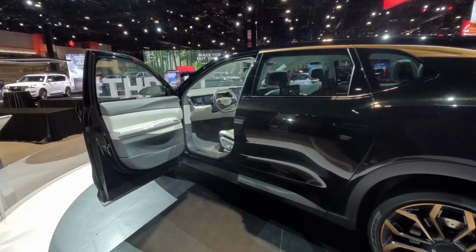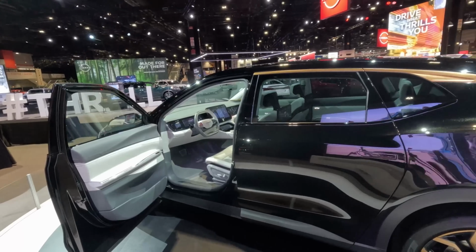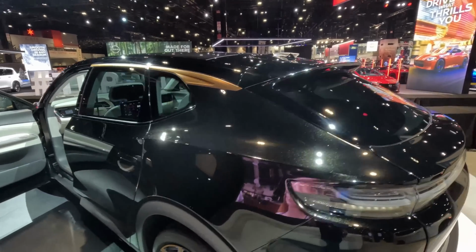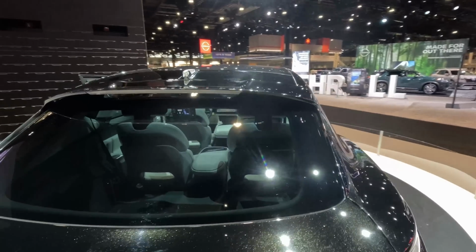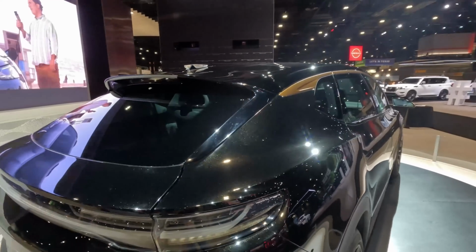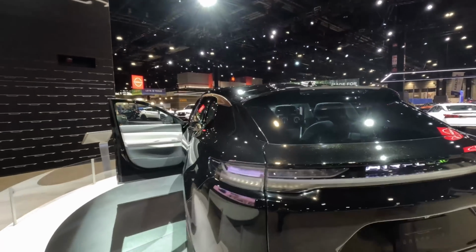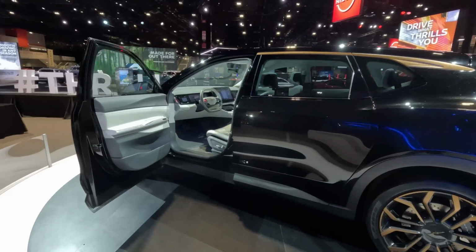But yes, lots of screens up front. And then as we peek in the back windows here, screens for the back two passengers. It does look like captain seats back there, but you can control everything from your comfort to watching a movie back there. So a lot of really cool stuff. And then I really like this transparent antenna up top. Small little details that you really have to look for in a concept vehicle like this. And even this roof spoiler does actually have a gap underneath it, so you can see the antenna peeking through there. I know backlighting is a little tough on this one, but that is a quick look at the Chrysler